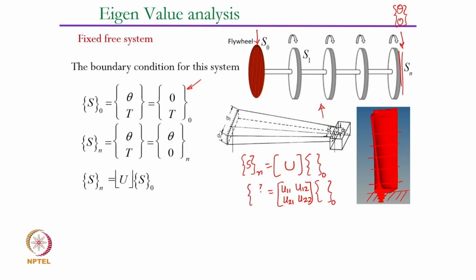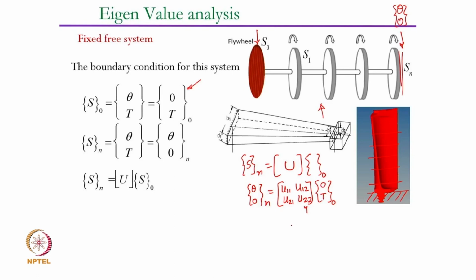The state vector at n and 0, this is how they get related. How you get these is something we see later. But supposing that all of them are known, you multiply and you will get these 4 elements of the overall transfer matrix. Now in this particular example, Sn is written as theta and 0, and this is written as 0 and T at station 0,